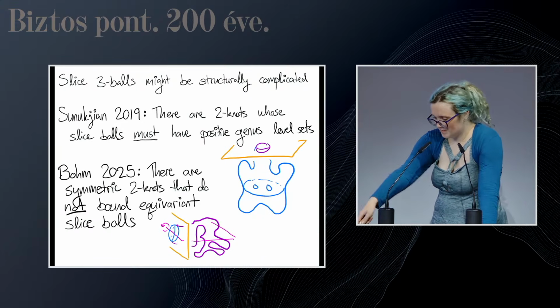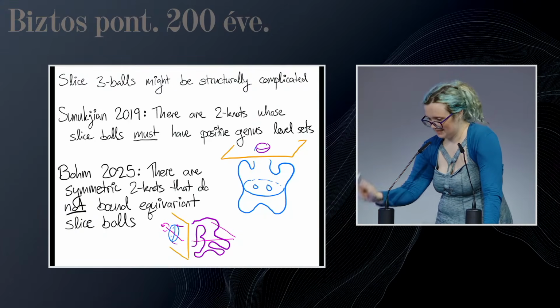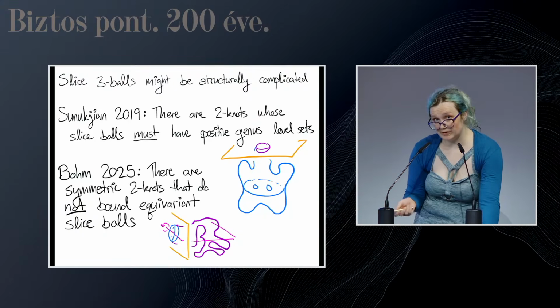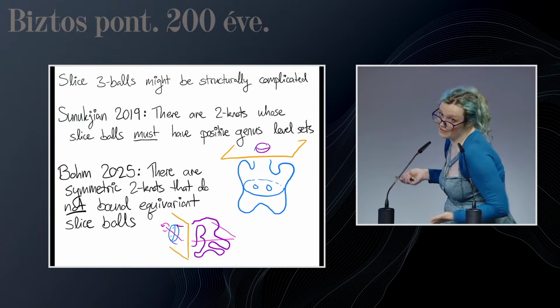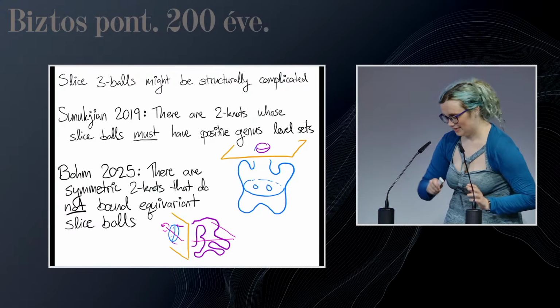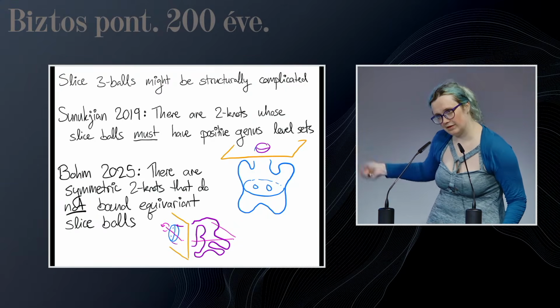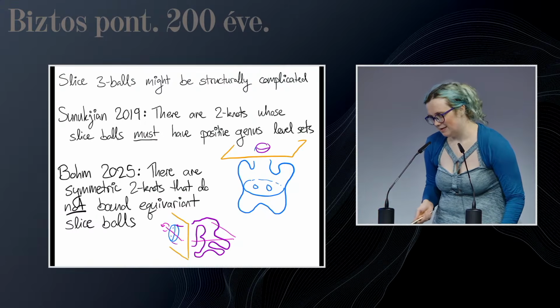And then Remy Baum, who's my student who's here, proved last year, and this is not the full statement either, but in particular, there are symmetric two-knots, and they're slice because they're all slice, but they can't be symmetrically slice. So if you extend the particular kind of symmetry over B5, you can't find a three-ball that respects that symmetry. So this is somehow suggestive, I think, that links might not be slice, because